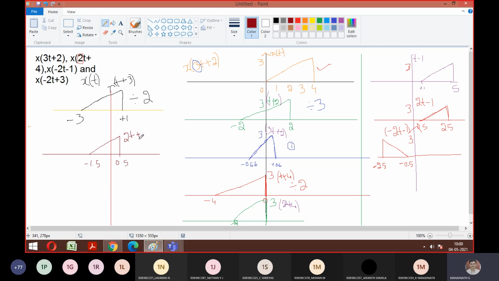So what is the last part left now? What is the last part we should do? Minus, mirror image. Mirror image. So the signal which was starting from 0.5 will look like minus 0.5 to plus 1.5. Yes, sir, that is the meaning of mirror image. Good. So we have finished all 4 questions they have asked.